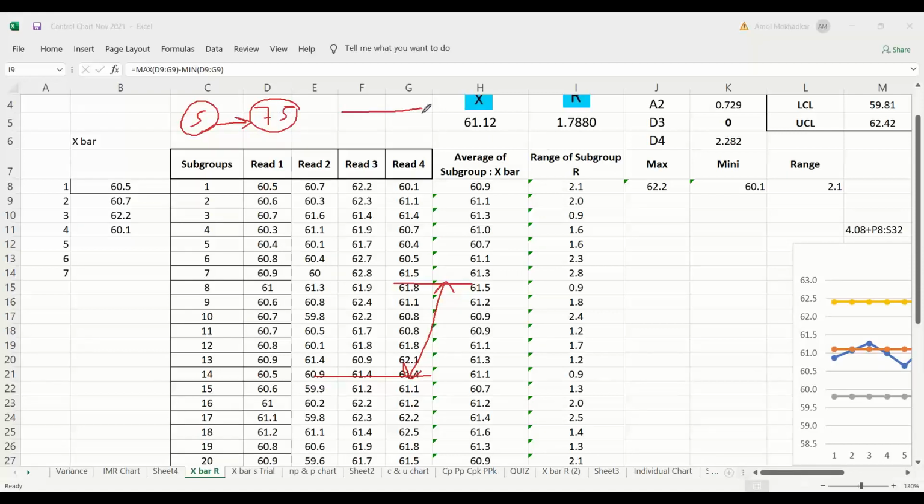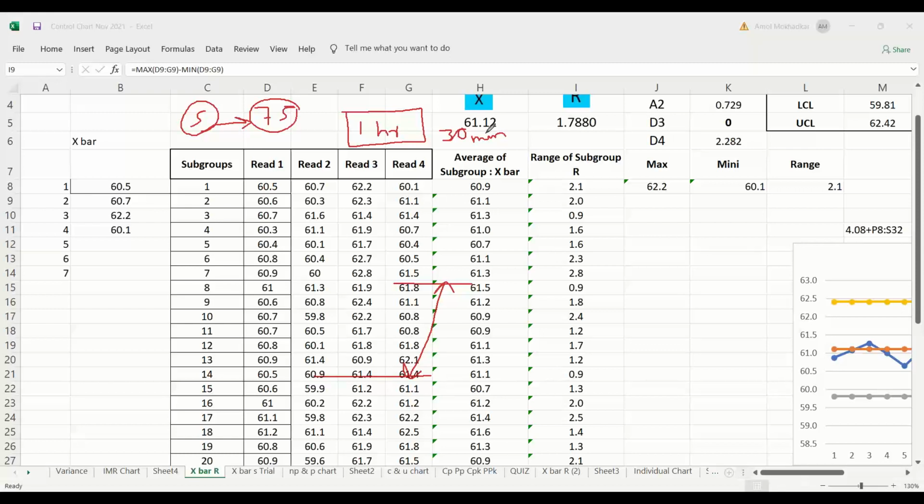Or when you are taking process data, you are saying that within this 1 hour the process parameters and conditions are almost the same. That's why you are collecting data every 1 hour. If the process conditions are varying, you will collect the data every 30 minutes. So the subgroup size decision will be up to your organization.